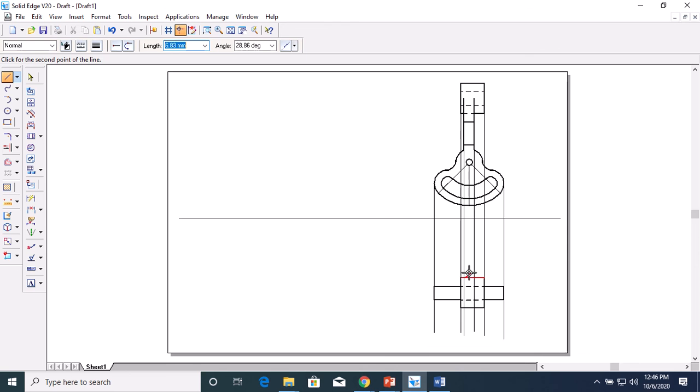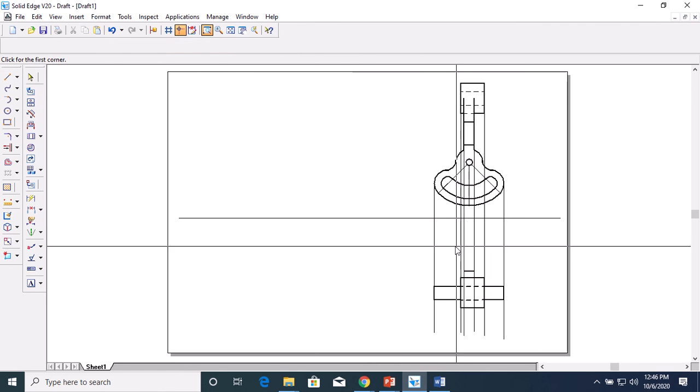The 10 mm means 5 mm. 5 mm at 90, and you close this with the help of visible line. You close this and close this.